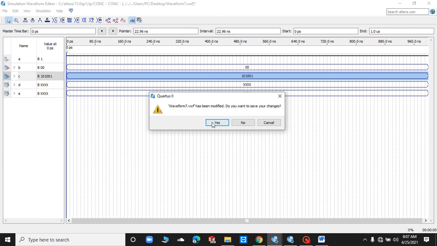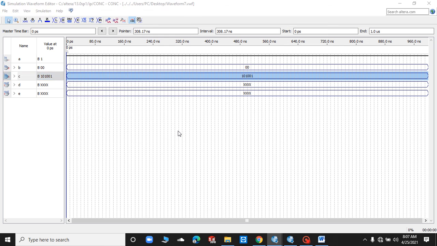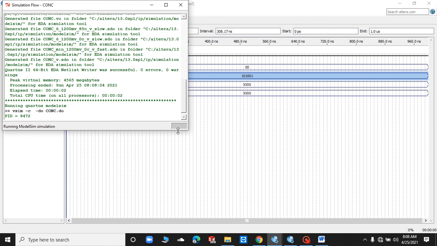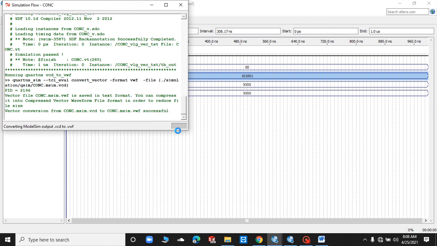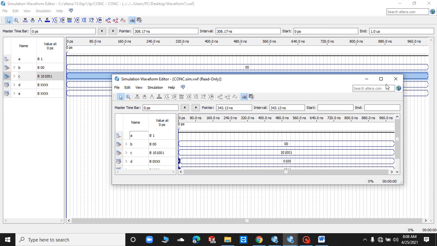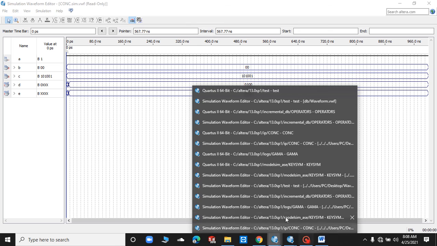So when we do the simulation, it will ask me to save the program. I'll save it on desktop, and now the concatenation operator starts flowing. So when the simulation starts, this is basically the output as far as my code is concerned.